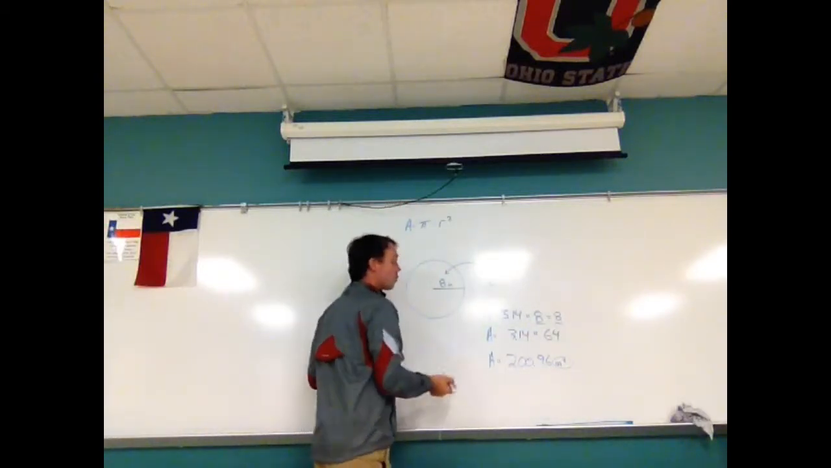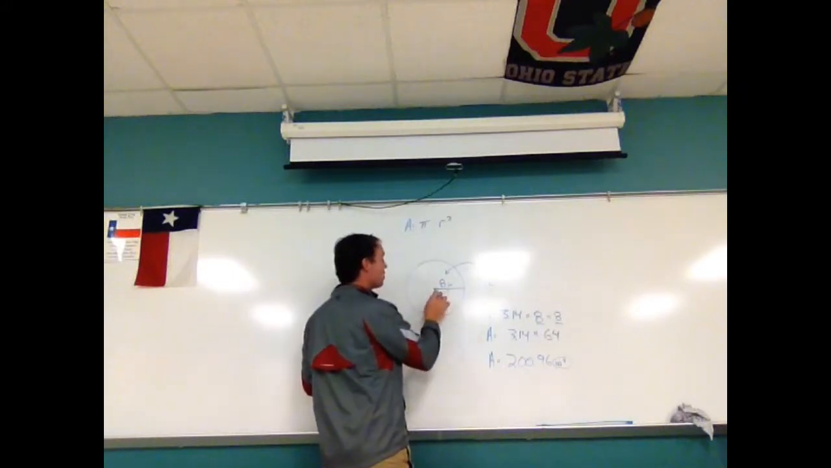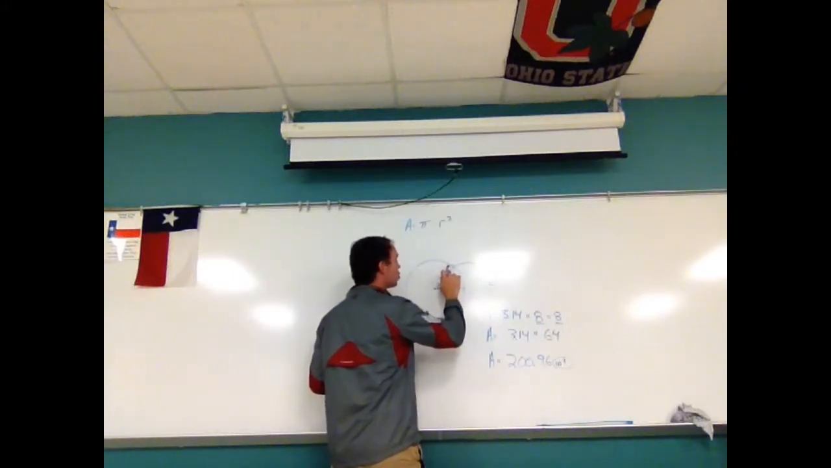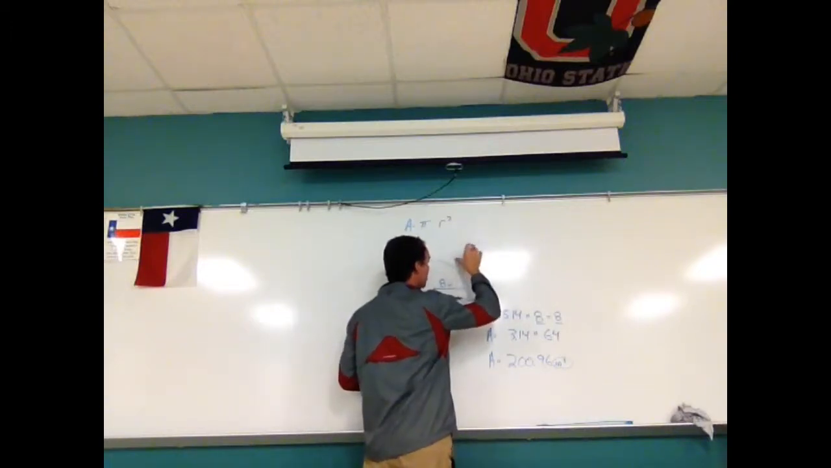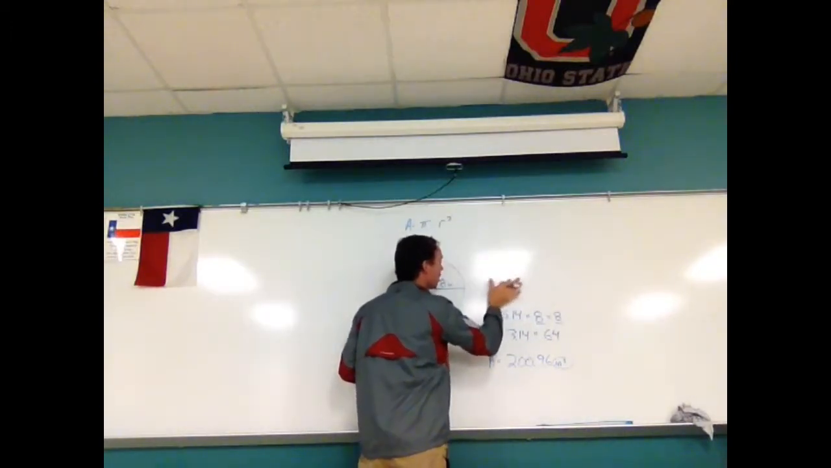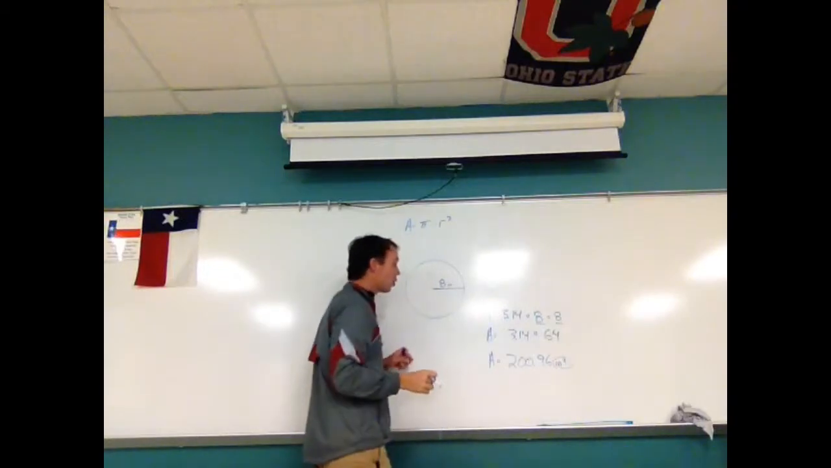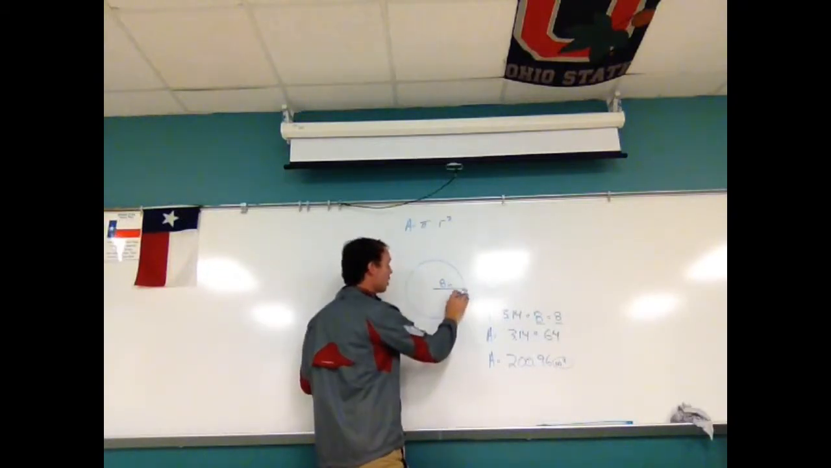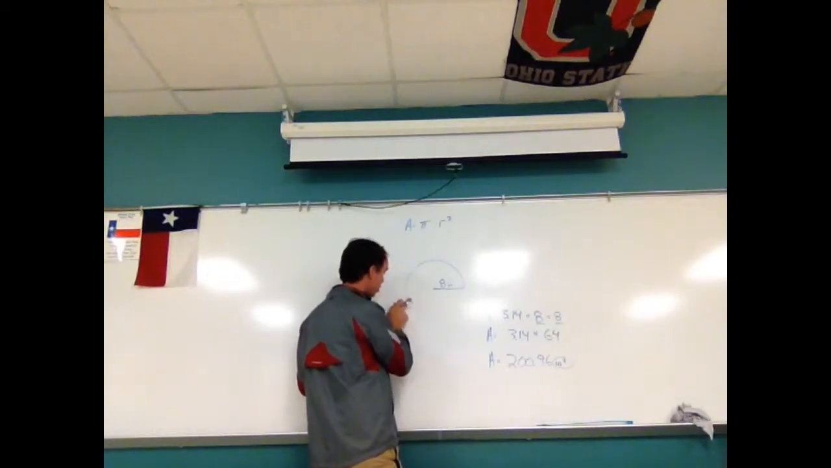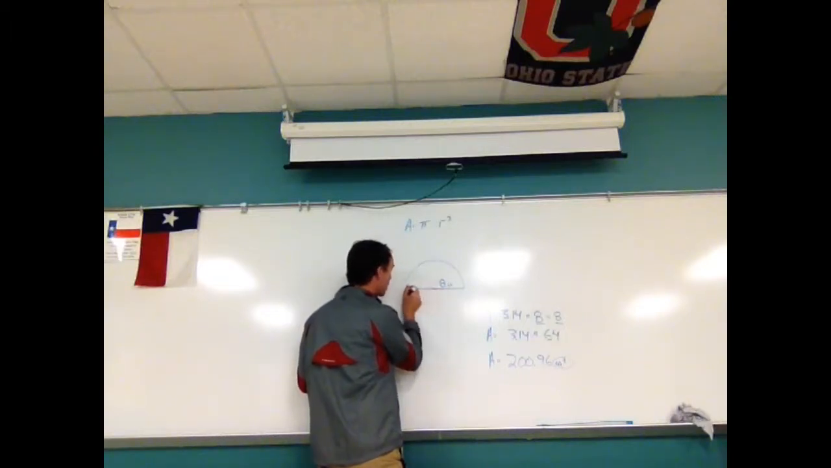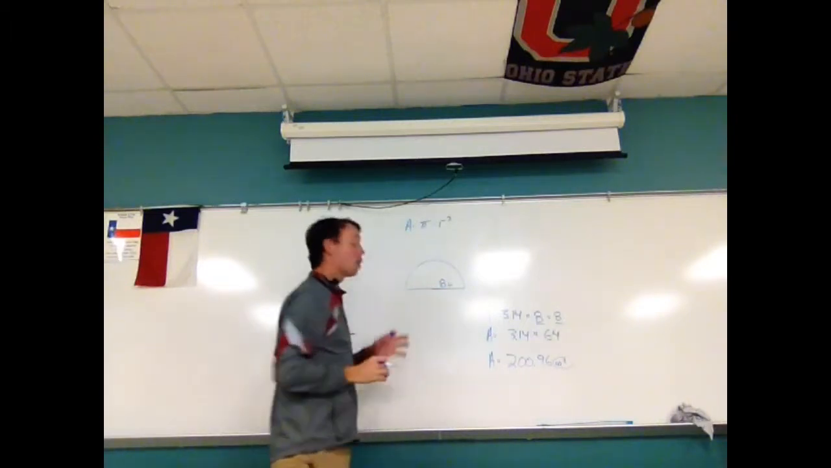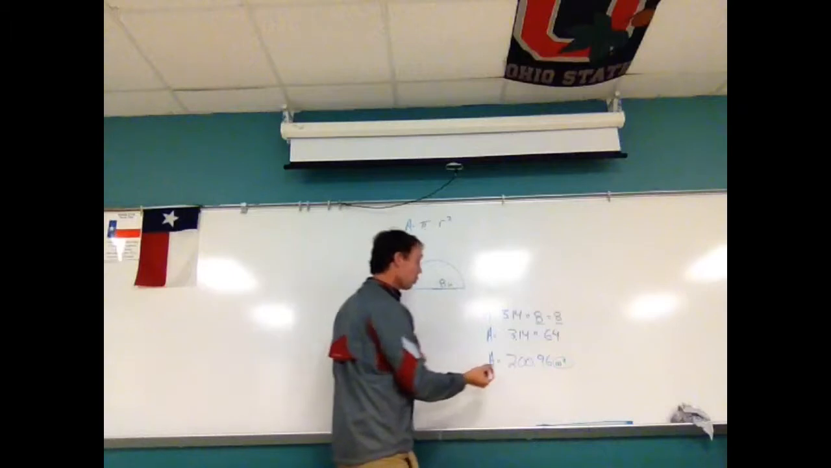So, at this point, we know that the surface area of this entire circle is 200.96. The problem with it is, on your page, you probably noticed we're not solving for the complete area of a circle. We're solving for the surface area of a semicircle, okay? So, what is half of that? Well, to find our answer, what we're going to do is take